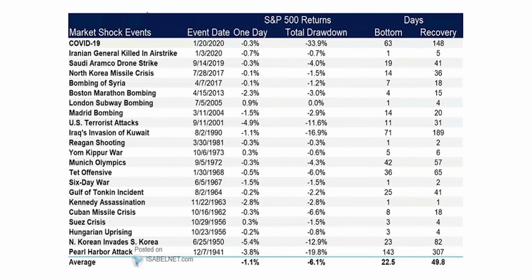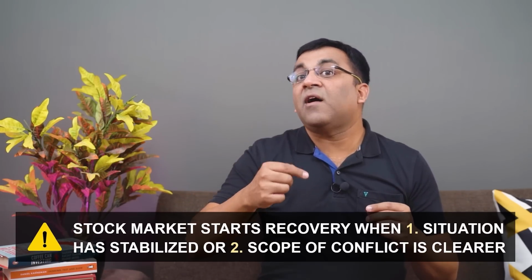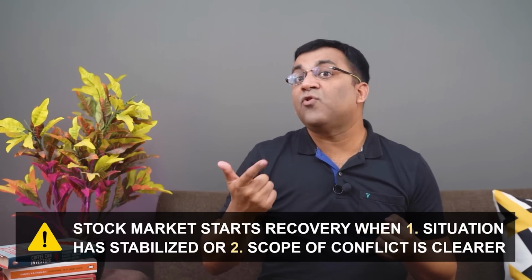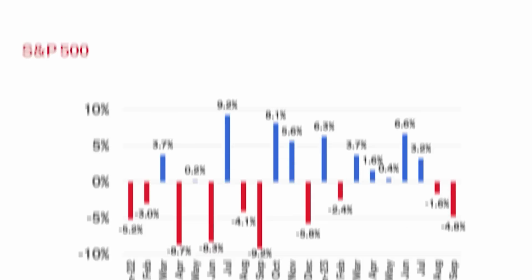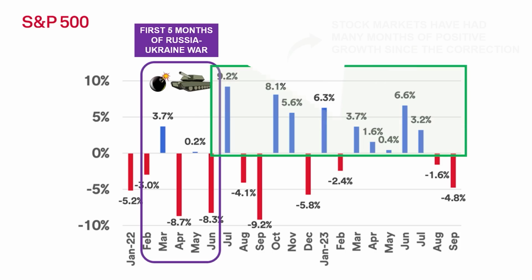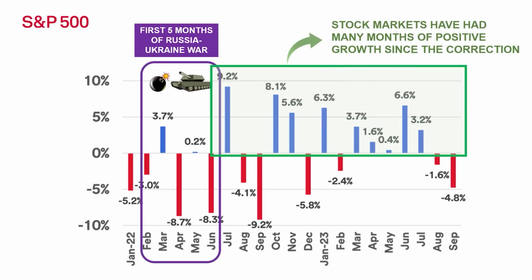So understandably, there is always some sharp sell-off initially, but when we look at the big picture, the markets often recover, and they recover quite quickly as the table shows. In fact, it's interesting to note when the tide starts turning, and in many cases, the stock markets start moving upwards when either the situation has started stabilizing or if the scope of the conflict becomes a lot clearer. For example, while most global indices were down 20% in the first 70-80 days of the Ukraine conflict, these indices started recovering as things became clearer in the battleground, diplomacy, and economic front.